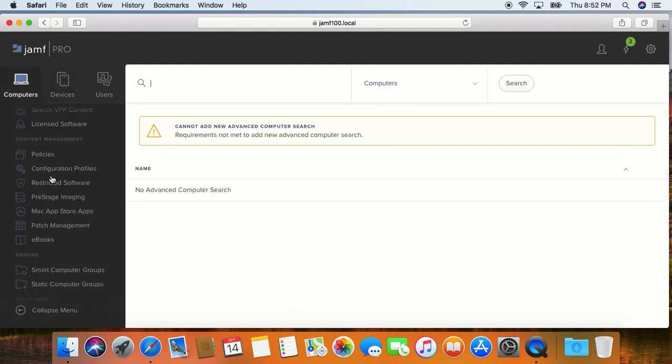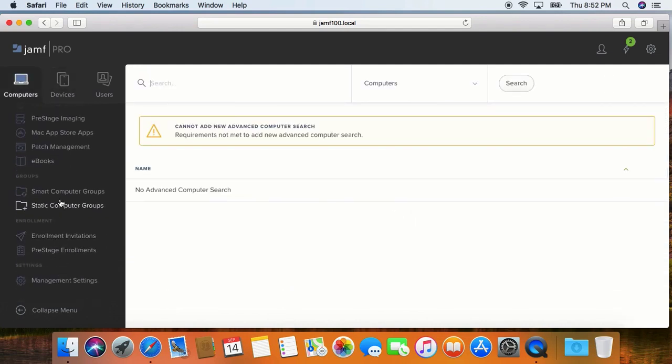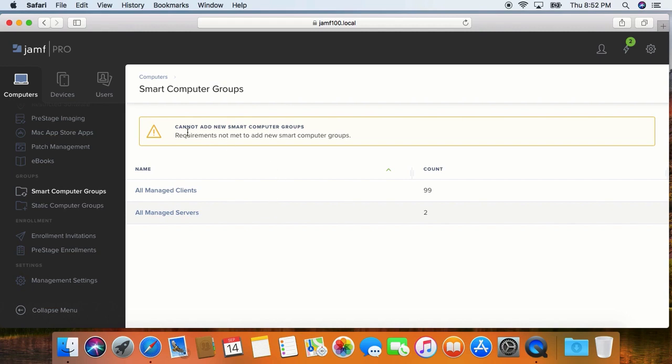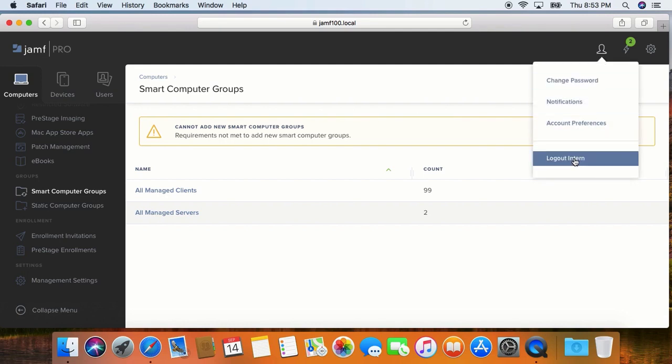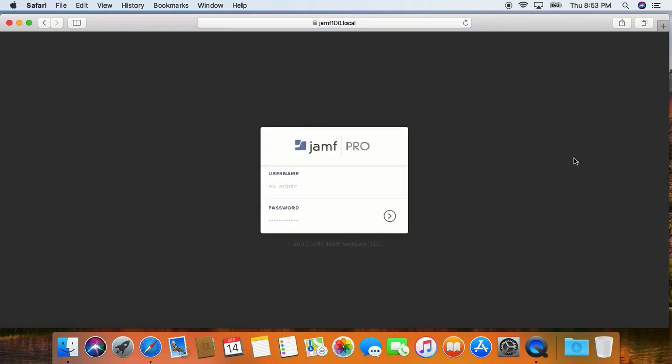Scroll down to where it says computers and then where it says smart computer groups. I do not have the ability to add new smart computer groups. And again, this is all because my intern account has auditor permissions, which allows me to look but not create or edit anything. I'm going to go ahead and log this account out. So log out of my intern, log back in as my admin account,